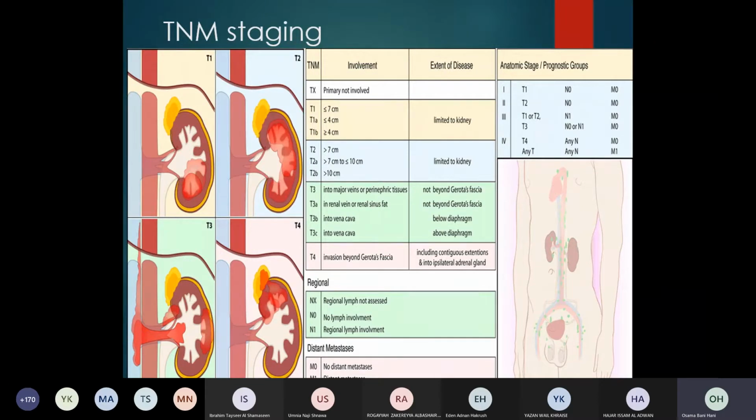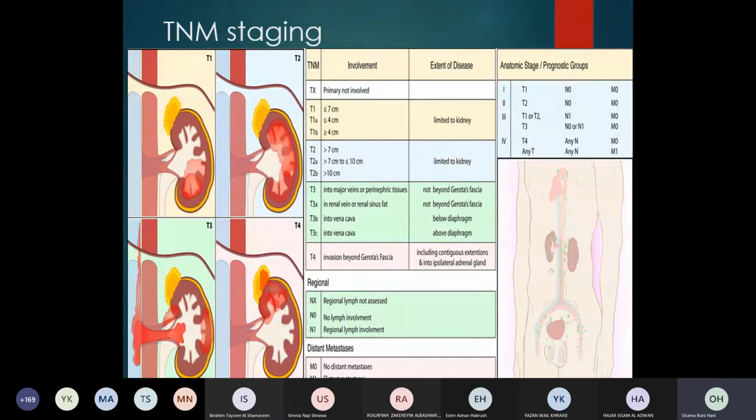T3 and T4 is mainly, in addition to the size, a local spread to the Gerota or even to the hilum. Grade 3 and Gerota, covering of the caps of the renal of the kidney, Gerota's fascia. This is the T4. Now, when it comes to the lymph nodes, if there's no lymph nodes, it's mainly N0. If positive lymph nodes, it's N1. The same thing. M0, no distant mets. M1,